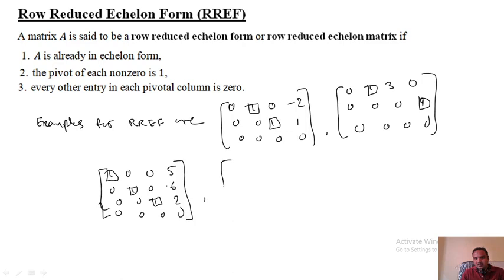You can write another example. 1, 1 2 0 0 0 0 0, 0 1 0 0 0 0 0 1. This is the one. This is also echelon form because this is the pivot. In this one 0. This is the pivot. In this column 0, left side, right side. These are the pivots.